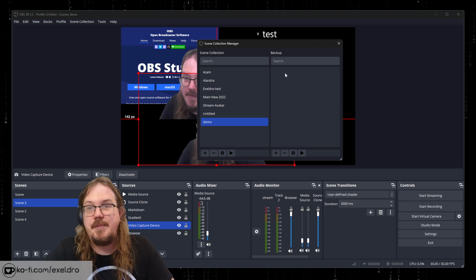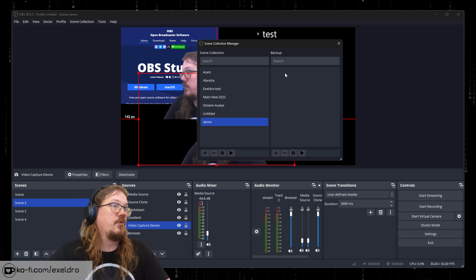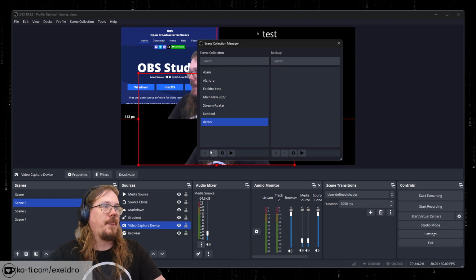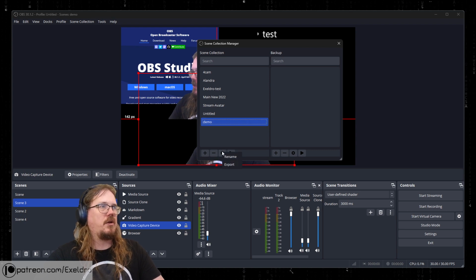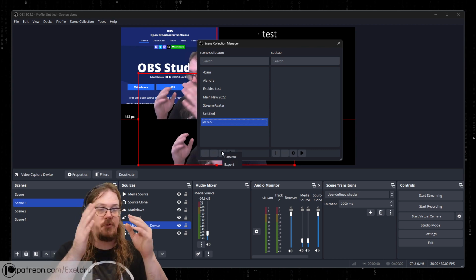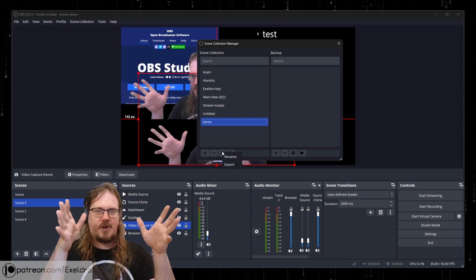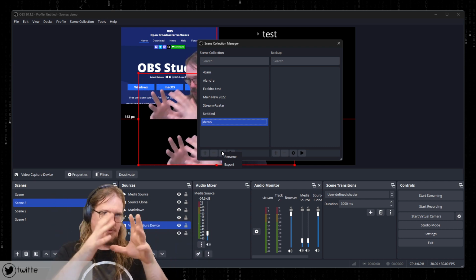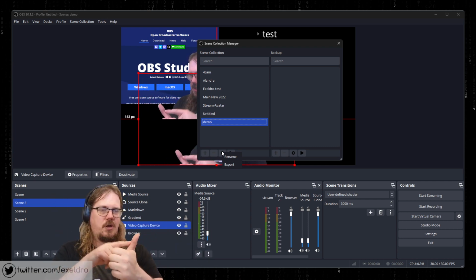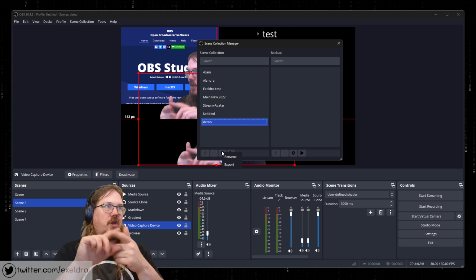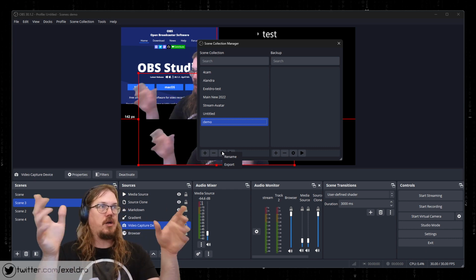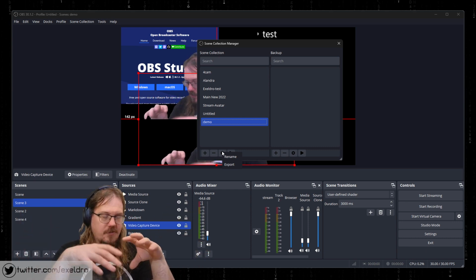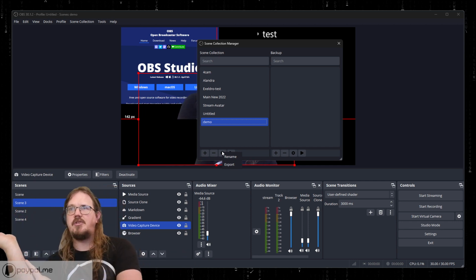It's very handy. It also allows you to import and export if you want to, and when you export, it will put all the files that are needed for that scene collection in one folder. So if a scene collection contains images that are on the local file, it will also put them in the folder, and when it's imported on another system,